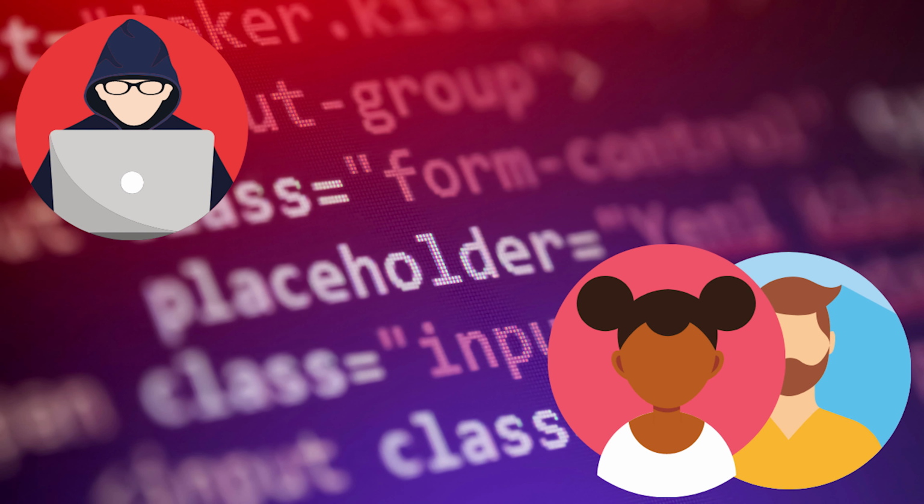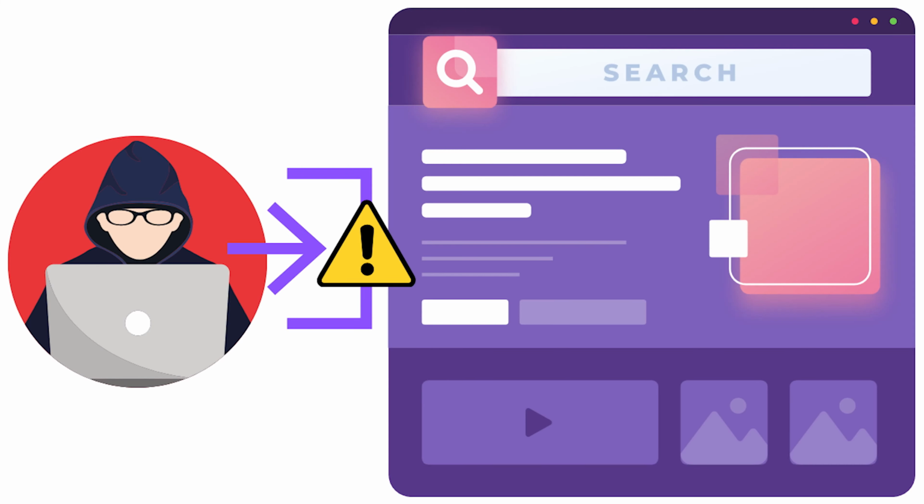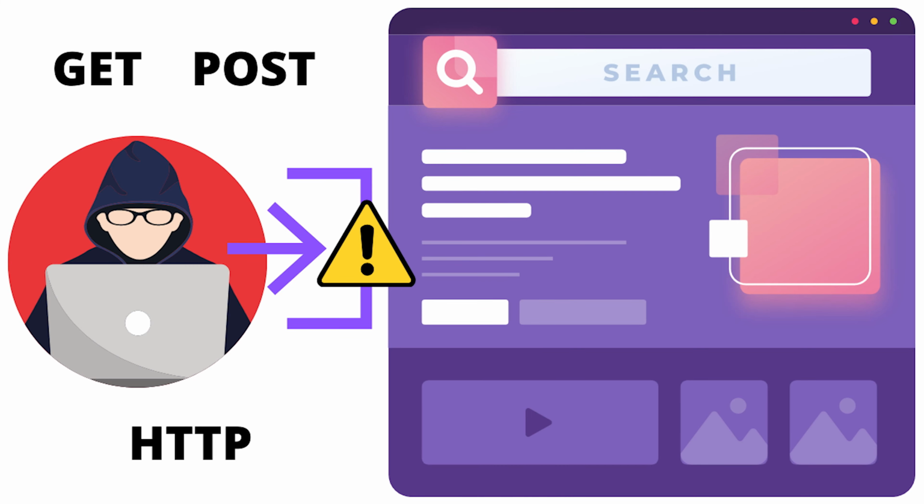XSS works by manipulating a vulnerable website so that it returns malicious JavaScript to users when rendered on the victim's browser. The attack vectors for XSS are diverse, but what they all have in common is that they occur due to improperly handled input. Specifically, when websites render data that is controlled by an attacker without proper sanitization, causing browsers to execute malicious JavaScript. The malicious input can be passed in various ways, including the GET or POST parameters, or the info contained in HTTP requests, such as cookies and HTTP headers.